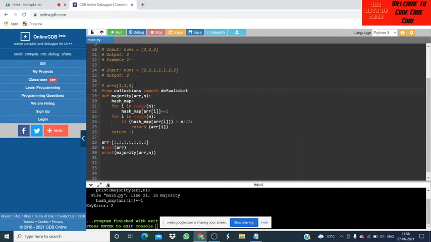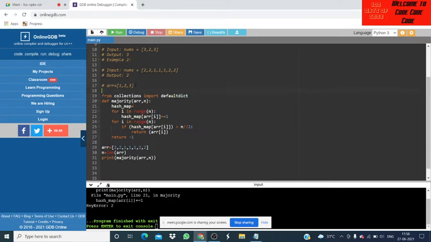On line number 22, you have written hash map of array of I plus is equal to 1. Instead of that, you can assign 0 initially, run the loop again, and then do the plus is equal to 1, right? What you say? First you define, insert all the elements and give them 0. I don't get your point. So can you share your screen?